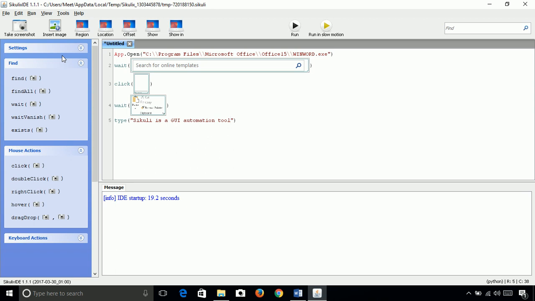For that we can use backslash n. Backslash n stands for the new line. Whatever we write after it will be written in the new line in the Word document. So it will be like, it has been written in new line.